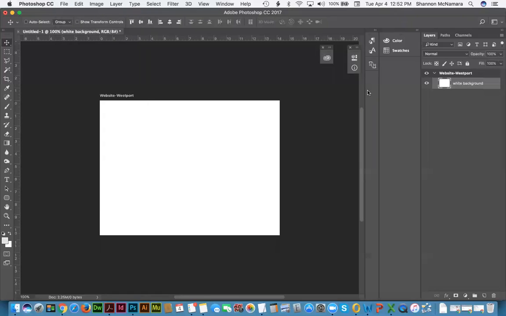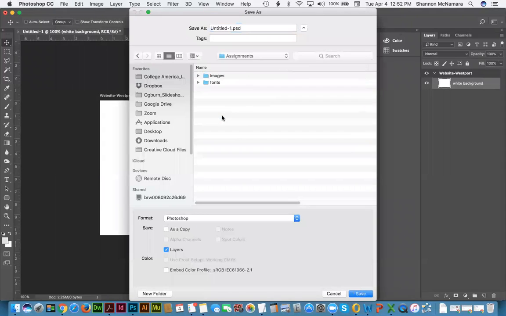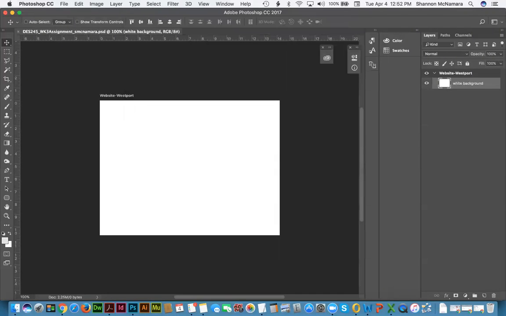File, save as. Navigate over to your assignments folder and change it to week 3 and your name. And save often. I can't tell you how many things I've lost over the years by not saving